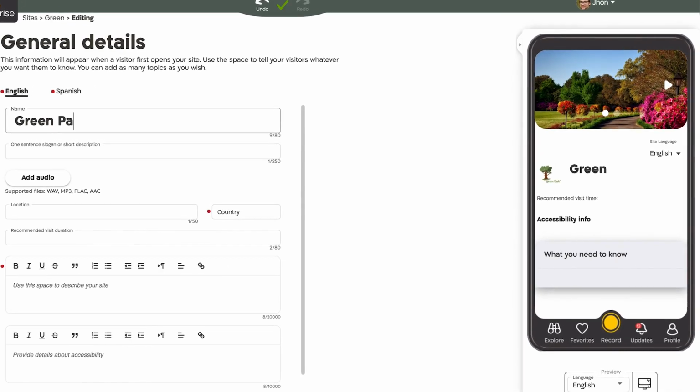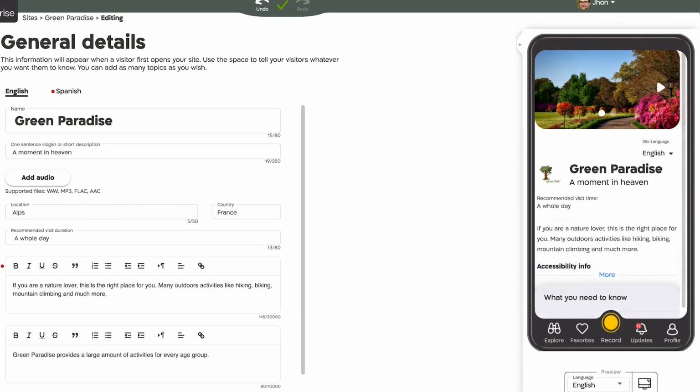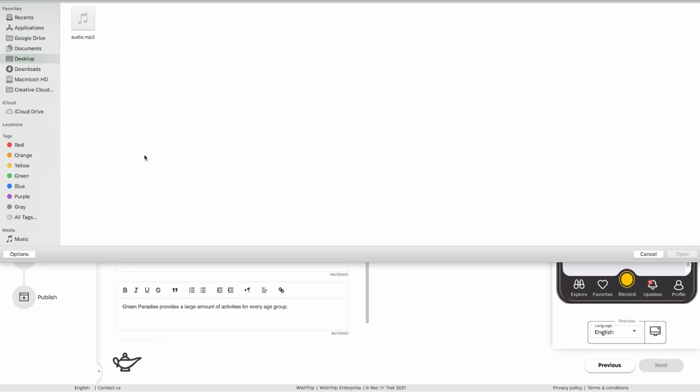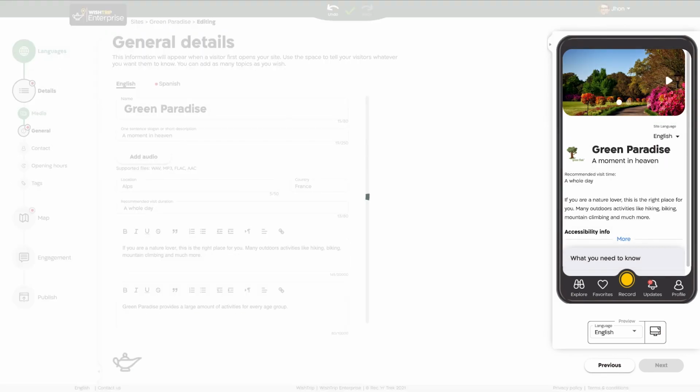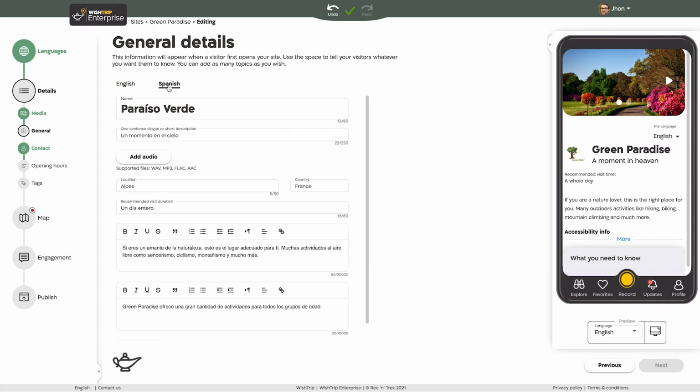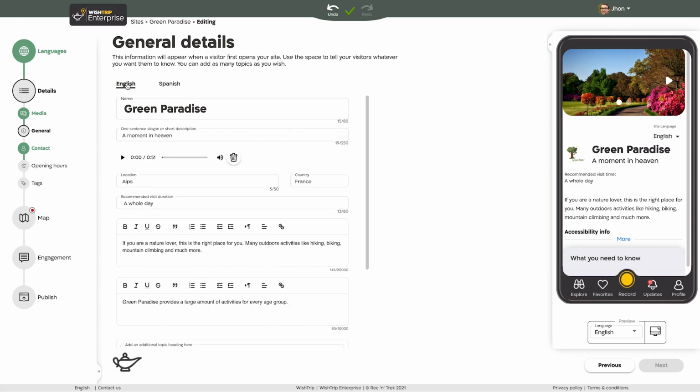As you fill in the Details section, look at the App Simulator to see how the information will appear on your site. If you wish, you can include an audio description. This can be a good way to reach out to sight-impaired visitors or those who prefer not to read text descriptions. Audio isn't required, but if you do add it, bear in mind that audio from one language is not automatically copied into the other tabs, and you'll need to record separate clips.